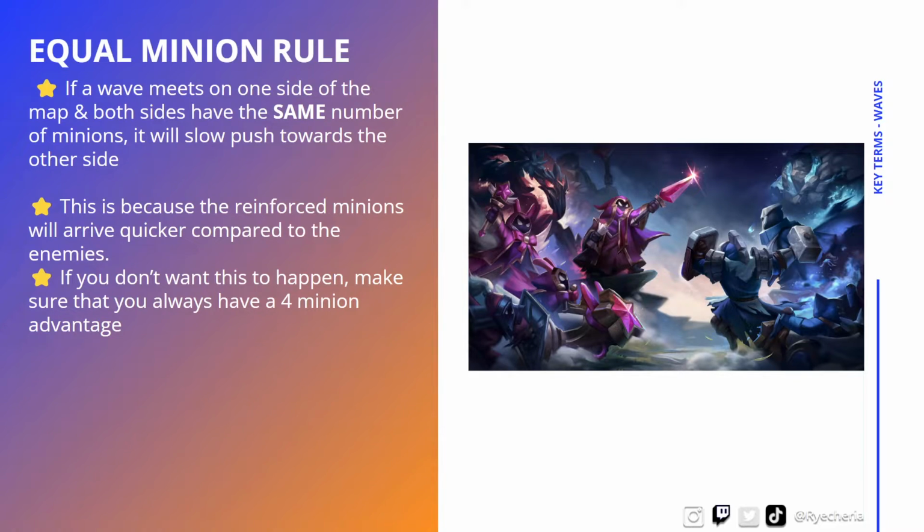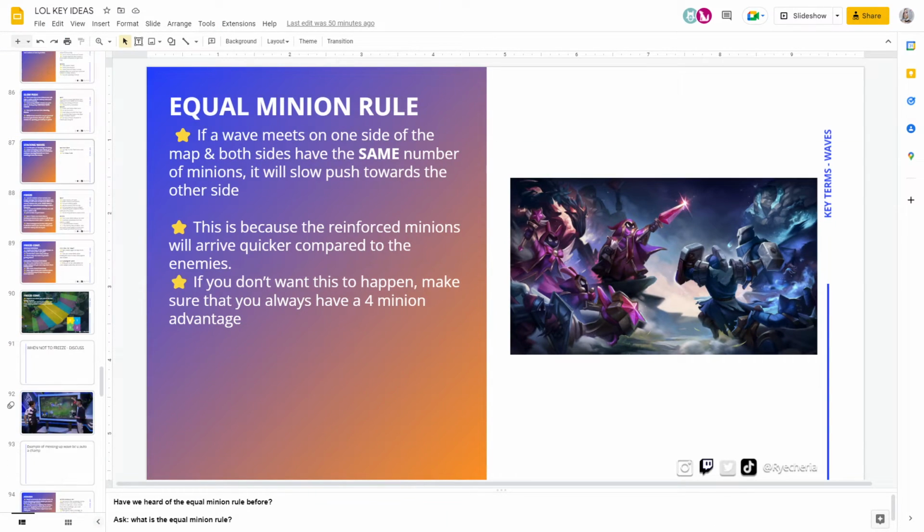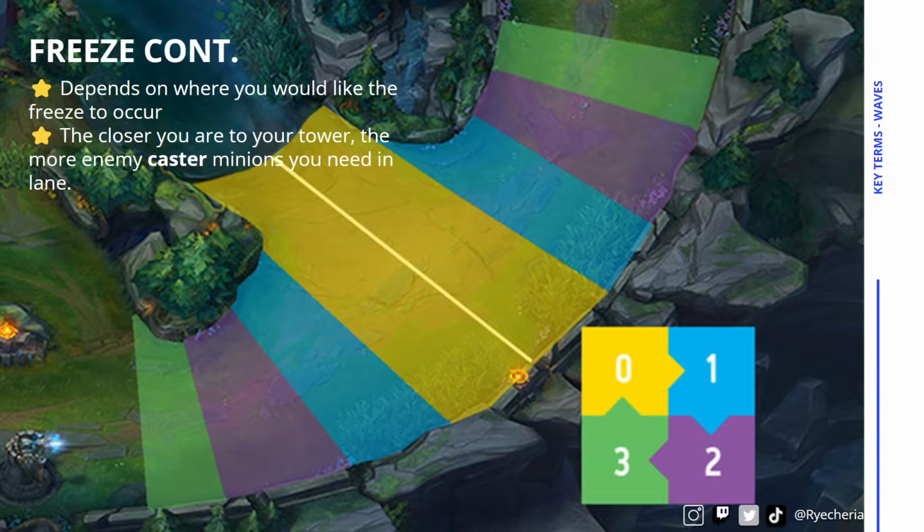Yep. So 6 healthy minions. Go back to the visual graphic if you don't mind. Yep. 6 healthy minions for each side. Let's say no cannon, right? Just 6 healthy minions on, let's say,